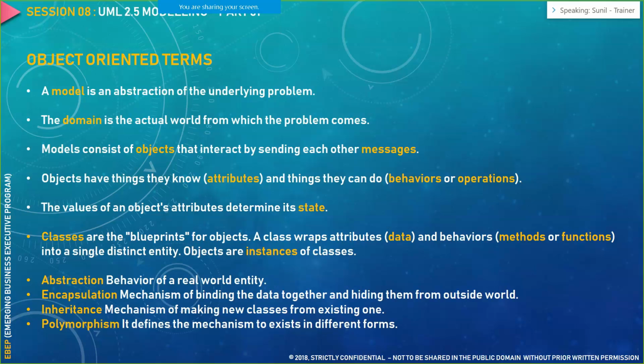But what I am doing additionally here, I'm creating a different form of that particular course, or I would be giving some different functionalities to that particular course. So what essentially I'm doing is I'm keeping the same thing, but the format is different. The format or the structure is different. So that is essentially polymorphism. Then comes encapsulation. So encapsulation is a mechanism for binding the data together and hiding it from the outside world. So encapsulation happens in many places. For example, I have given access to your portal.